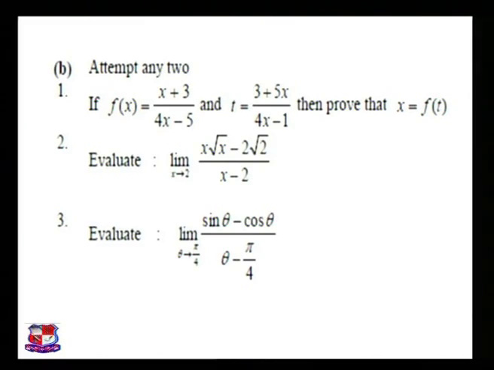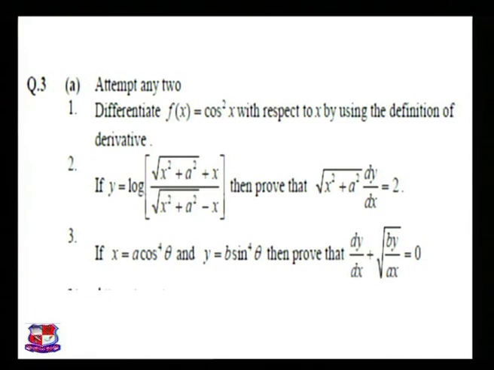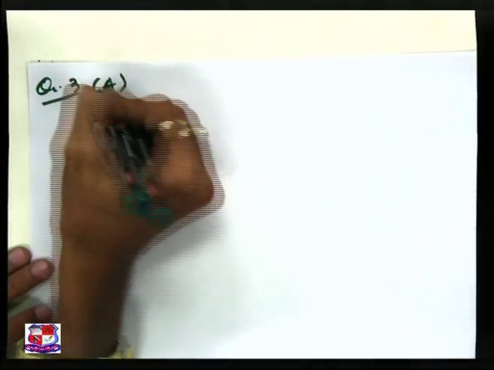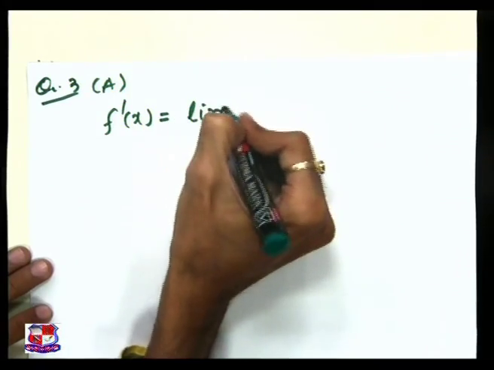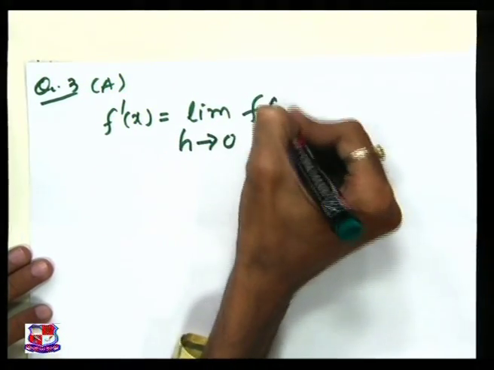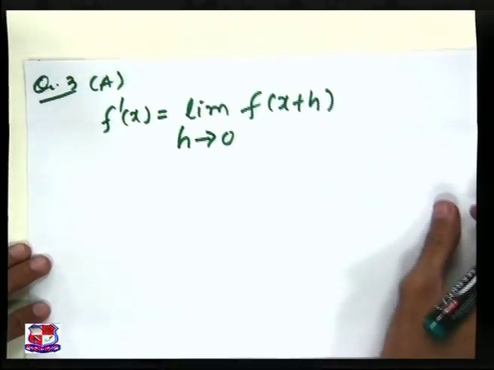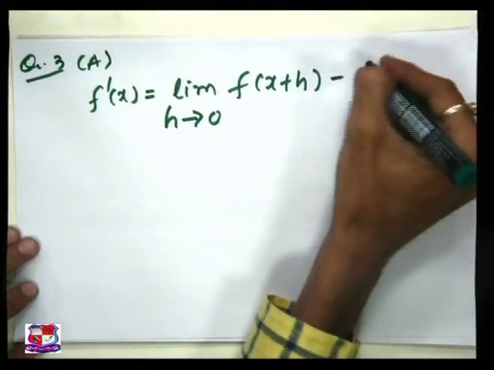Let us move to question number 3, which is attempt any 2, and this first one is: differentiate f of x with respect to x by using the definition of derivative. So first of all I want to remind you the definition of derivative. Question number 3a, the definition of derivative, that is f dash x is equal to limit h tends to 0 f of x plus h minus f of x